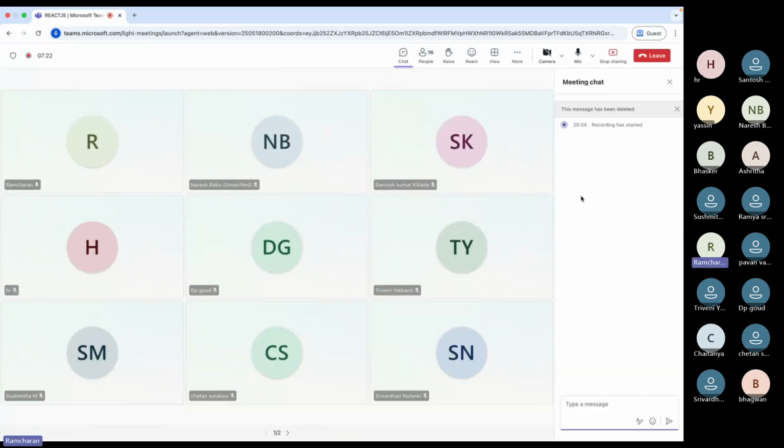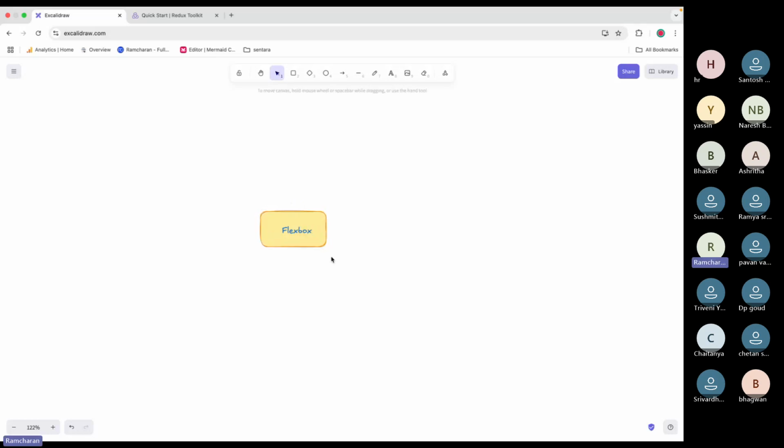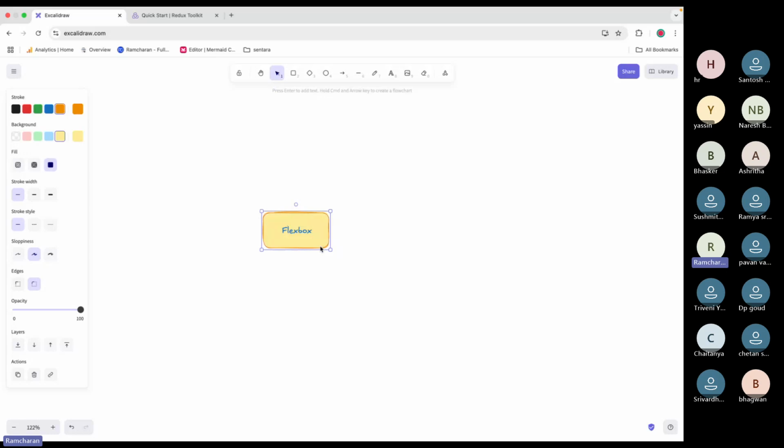Just in the chat, anyone knows Flexbox? If no, just tell no. That's okay if you don't know Flexbox. I just wanted to know if someone is already having some understanding on this. Because without Flexbox, you cannot design stuff. Like in the further examples, we will